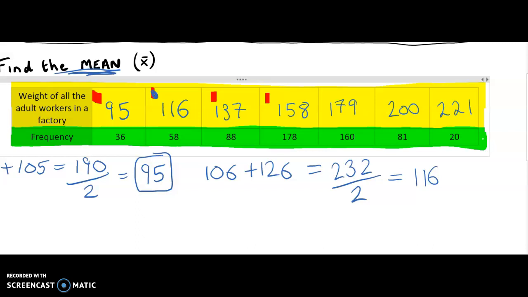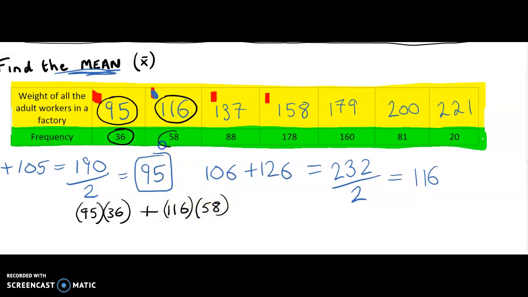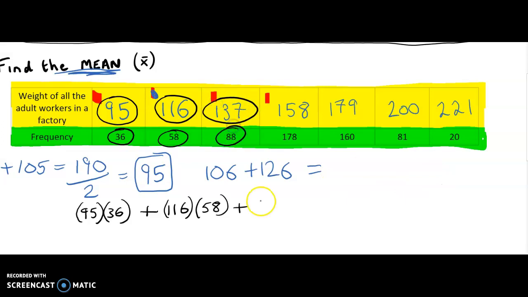But essentially what you're doing when you're finding the mean is you're getting the number here, which is 95, and you're multiplying it by the number below it, which is 36. And then you're adding that on to the number there, multiplied by the number below it. You're adding that on, and you're repeating this. So it's basically top by bottom